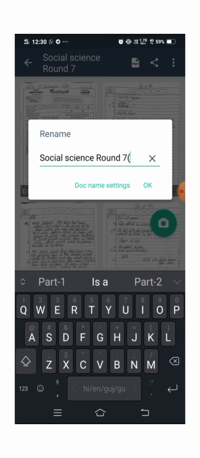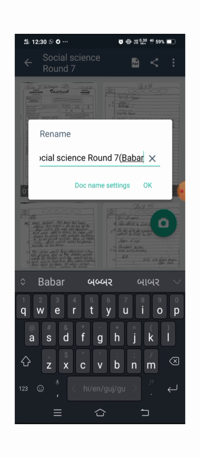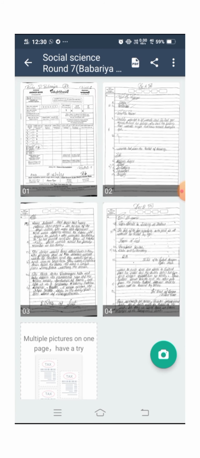So I'll write his name, Babaria Rudra. Okay, please be specific so that it becomes easy for the teacher. So I have written social science round 7 Babaria Rudra. So at least this much, the name of the paper, the date or the round number should be mentioned, as well as your name should be there.